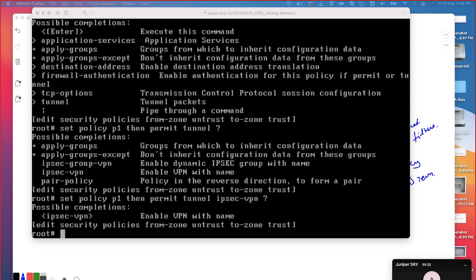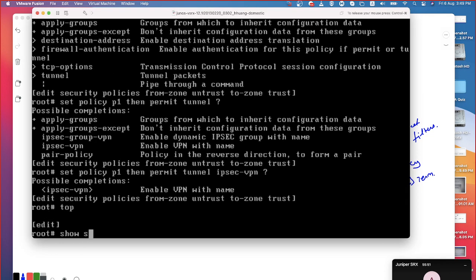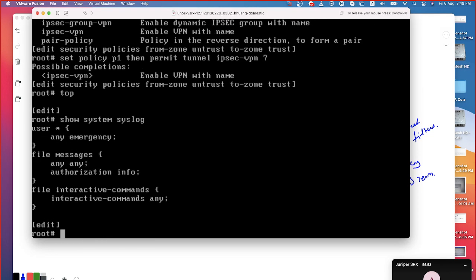Right. So one more piece of information I need to explain to you is how do you verify the policy operation, like the traffic log being collected. Is there a way that I can send it across to any of the syslog servers? Can I do this? Yes, I can do this, but I will show you where these logs can be collected and sent. For example, show system syslog. This is the settings here. By default, this is the setting.